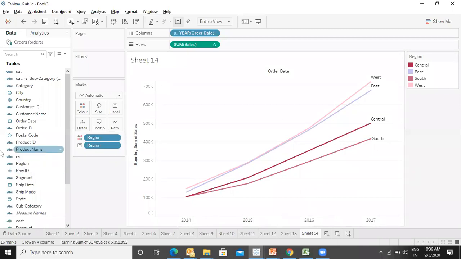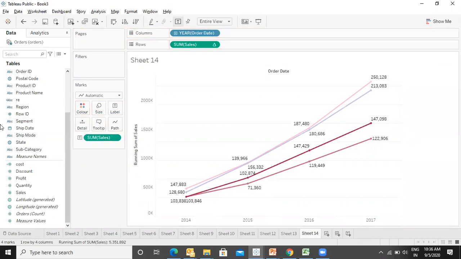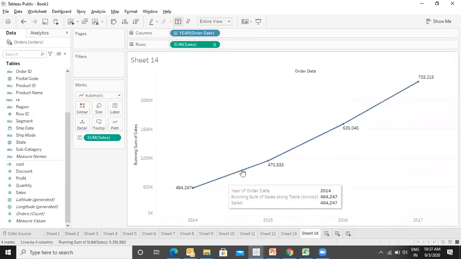So let me display the sum of sales in the label. Let me remove the region from the label. So I'm getting the sum of sales. And for your understanding, I'm removing it from here. This, and this.